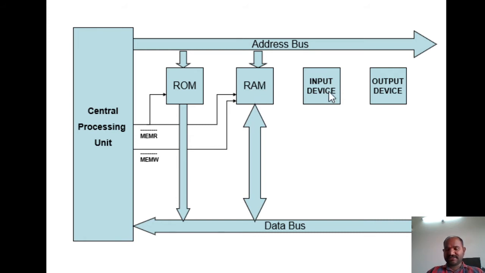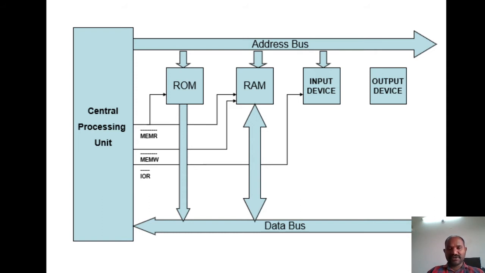Okay, the next case is an input device. An input device is always trying to give information to the CPU. So let us see how to interface the input device also. As usual, the input device is also connected to the address bus, and it is going to be controlled by one of the control signals called the IO read signal. We use IO read because it is an input output signal, which indicates the read operation. IO read is nothing but input output read operation, and this is the control signal used by the central processing unit to control the input device.